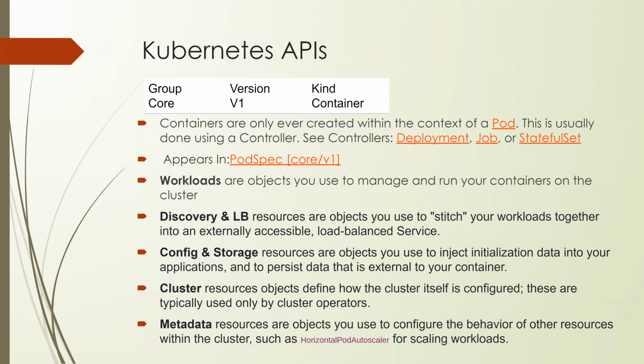So discovery and load balance. These are a group of objects that stitch your workload together into externally accessible applications. So if you have an application you need to scale, you need a web server and database. Let's say keep the same thing. If you have a web server and you have more load than the single web server can handle, then you can create one more container. That means you can scale it by adding a container, and you don't need to do it. That will be done by the controller, but they will